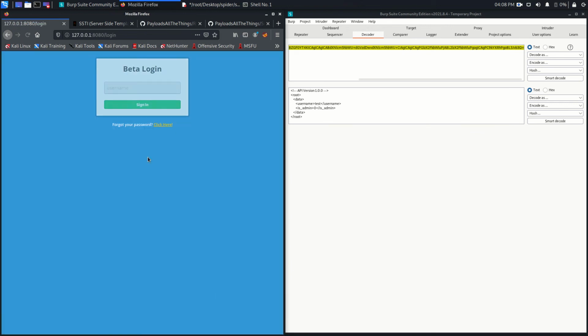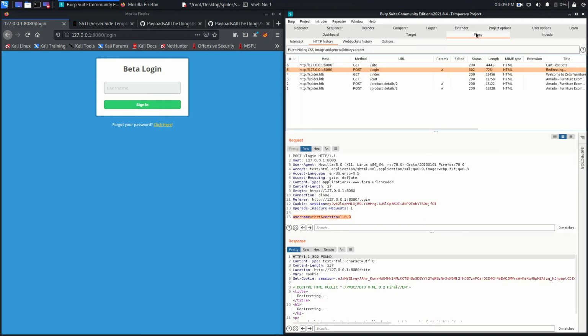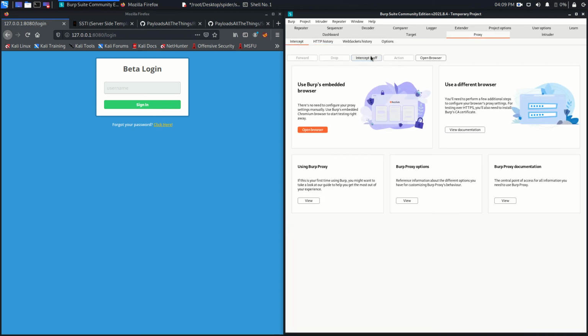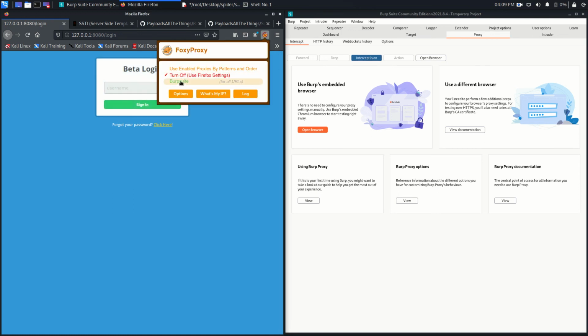So whatever value you put for the username here, it's going to take this value and create an XML, and in that XML it puts this value in the username, and then it creates a cookie and shows it on the page, also in the welcome page, right? So let's see. I'm going to use the proxy, go to intercept is on, and just try this. Be sure that your proxy is on. So test,